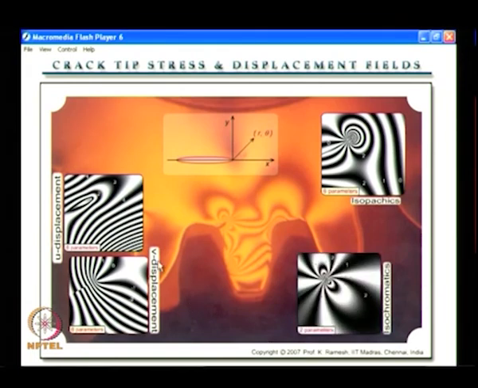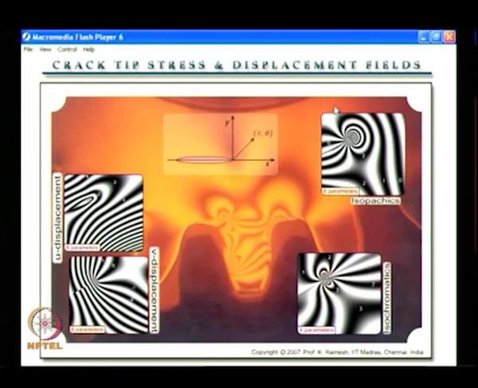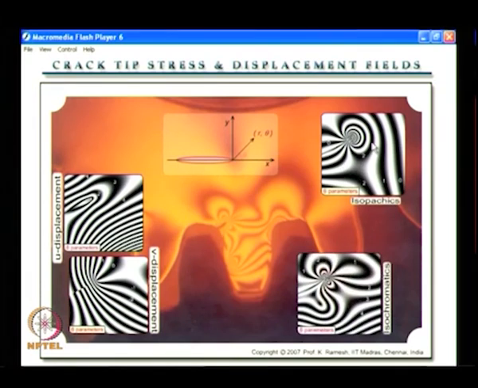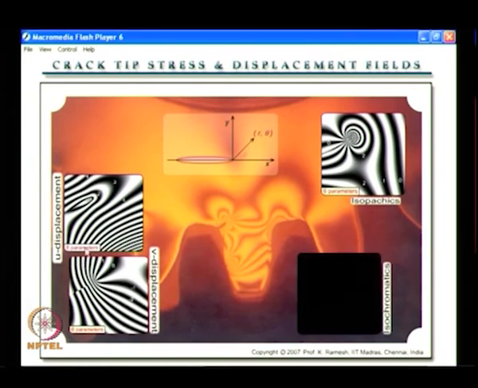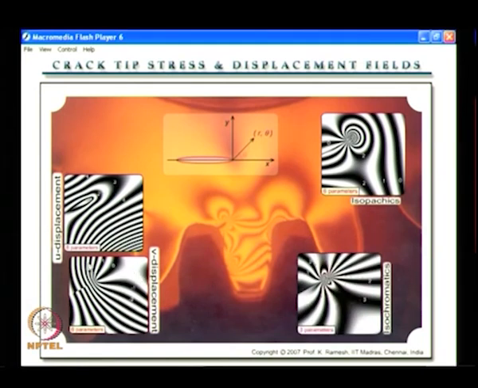See, this is very important. The moment you come to fracture mechanics, it is only experimentalists who really focus on higher order terms and their utility in experimental evaluation of fracture parameters. And what this slide shows is, you have the isochromatics from photoelasticity, you have isopachics from holography, which are essentially contours of sigma 1 plus sigma 2, and you have U displacement isothetics, it is from Moire, and V displacement